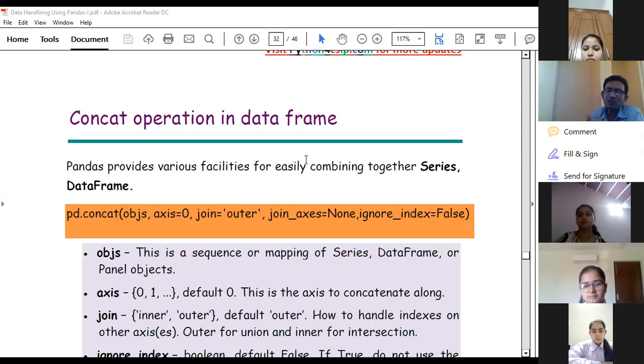Then we have basically the way we are going to join these two or multiple objects. That is, by default we have the value 0, so that means this is the axis to concatenate along. The x-axis के along concatenation हो रही है, and clear. Another, we have row wise axis is equal to 0 and axis is equal to 1 means we are going with the column operations.